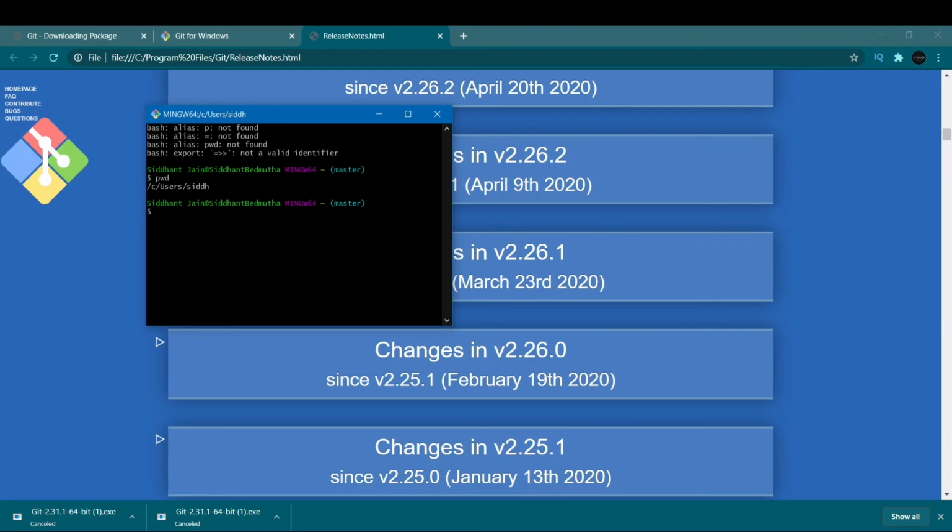Okay, now there's one more part. If you want to link your Git with GitHub so that you can directly upload your project on the fly, for that you have to link it first with your GitHub account, and that is a completely separate process and it takes time. So if you guys also want me to make a video on how you can link Git to GitHub, make sure you comment in the comment section asking for a separate video on that, and I'll make a video on that.